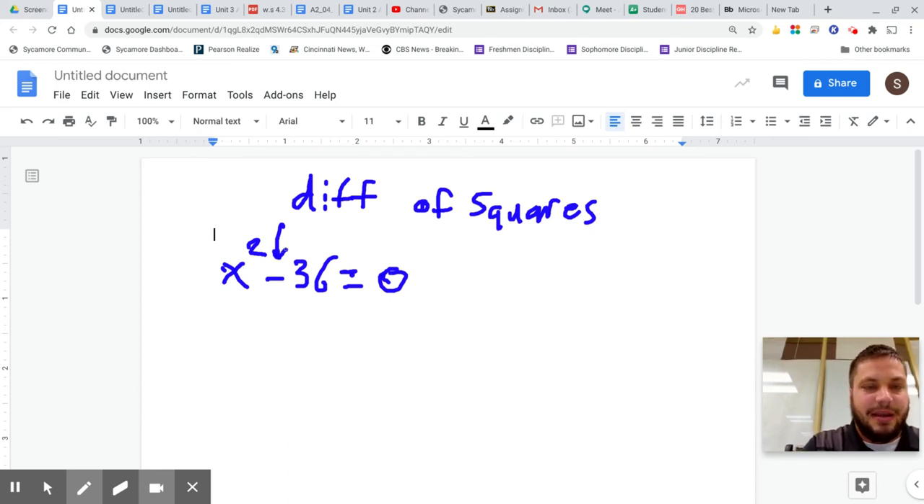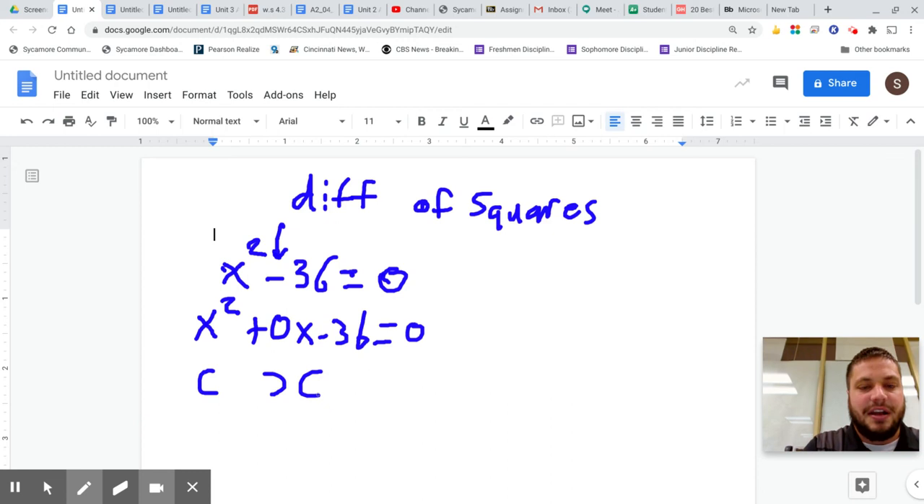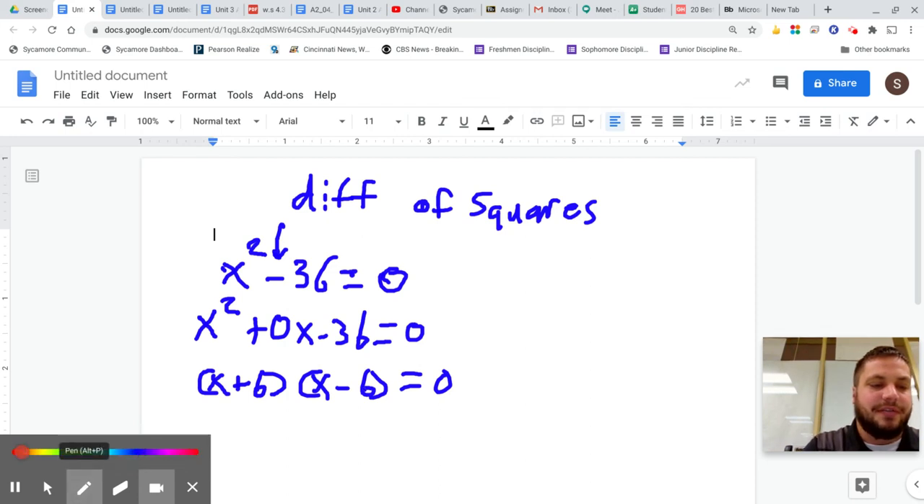Okay, now actually what's happening here is that this binomial could be written like this. It's missing the middle term. So it could be x squared plus 0x minus 36. Okay, it's just missing that x term. So really, going back to the first trinomial way that we learned to factor, I'm really just looking for two numbers that multiply to be negative 36 and add to be 0, which of course would be positive 6 and negative 6. Okay, now the shortcut way for a difference of squares, once you recognize it's a difference of squares,